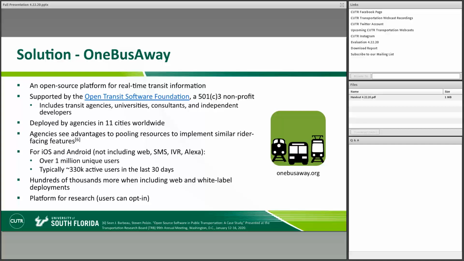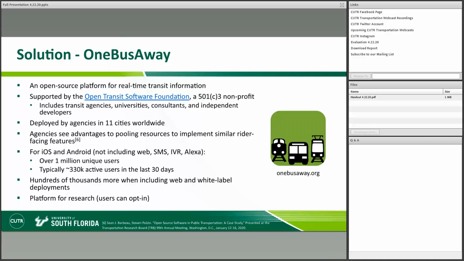So a solution that we found is looking to see what was already out there in the industry that we could potentially leverage. One project that we've been involved with at USF is called OneBusAway. OneBusAway is an open source software platform for real-time information.